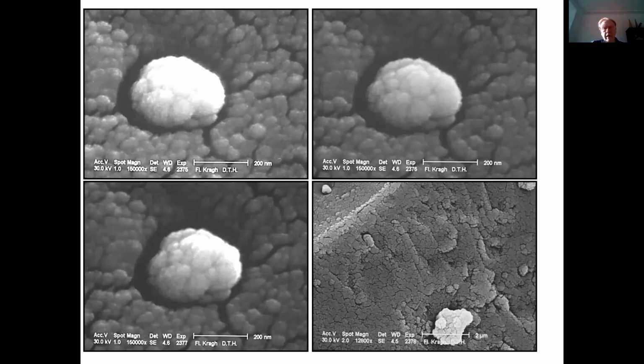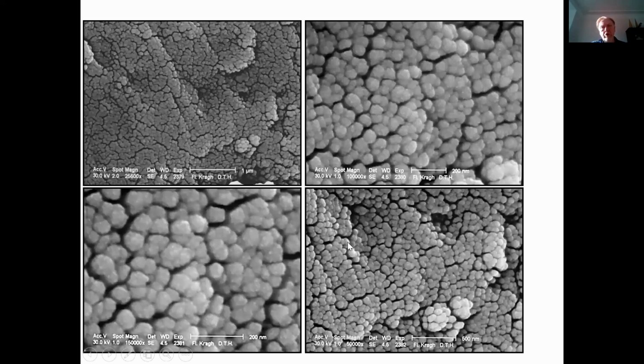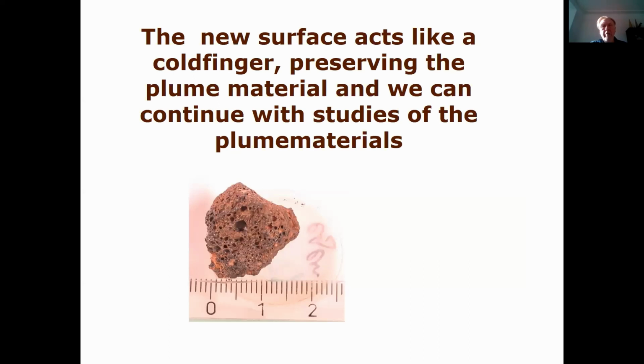And we can also see here that the sharp rim that used to be here on the brittle fracture is covered with new material. This is a much more intensely cracked area. We cannot account for why that is so, but we are very pleased that they are there, because that implies that we have actually been so lucky to sample a material that solidified as a structure that blew out the surface and continued to travel through the plume, and there it would collect some plume materials, and we were fortunate to pick it up.